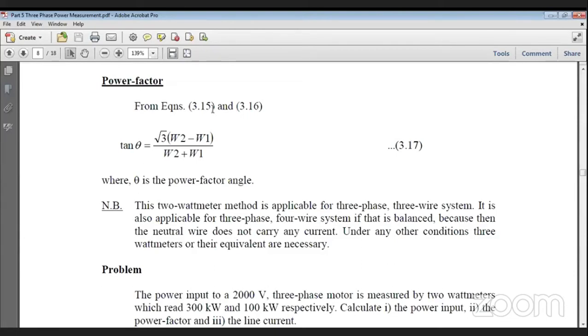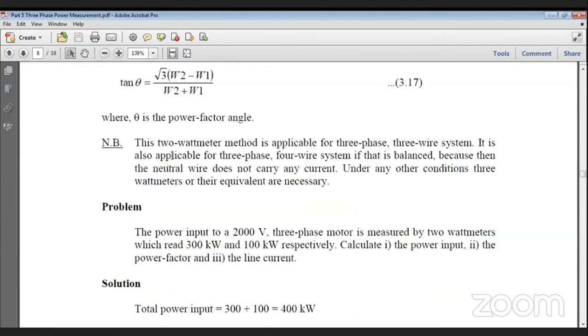But if you have three different motors on the A phase, B phase and C phase, then there is every possibility that your power factor will be different. But that we don't do. That experiment we don't do. We always do the experiment with a single three-phase motor, not with three motors in the three phases. So that is what you will see later on. But please just remember this as a tip. Then when you do it later on, or even in your practical life, you will find it so easy to understand. But now let us look at this problem.